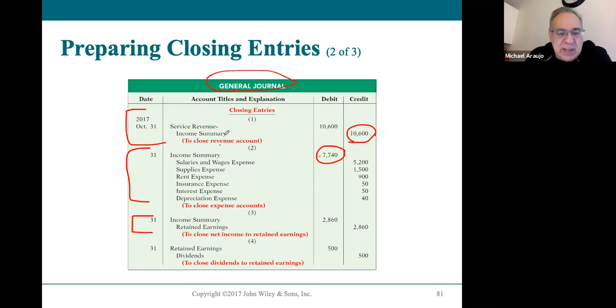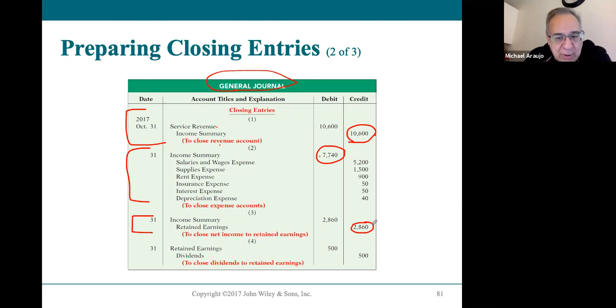So there's only two things in income summary. On the credit side of the account, 10,600. On the debit side of the income summary, 7,740. In order to zero it out, both sides have to equal. So you have to increase this to match that, which is why we debit it by 2860. If you notice, 2860 is the exact amount of the net income for Sierra Corporation just a few pages before,